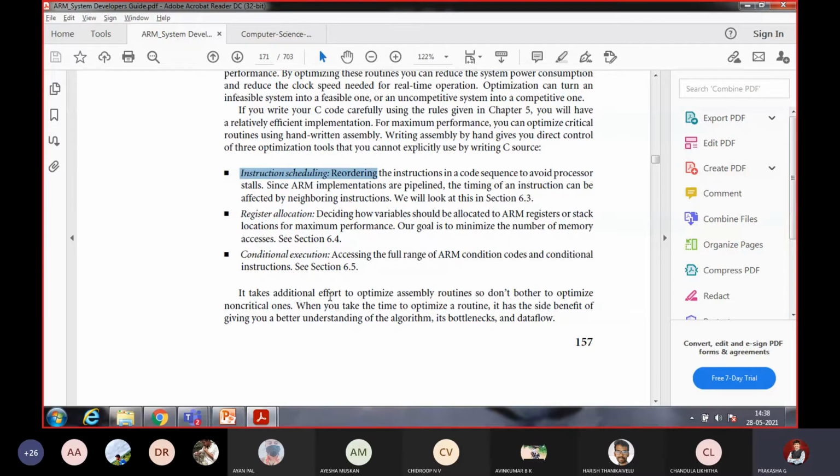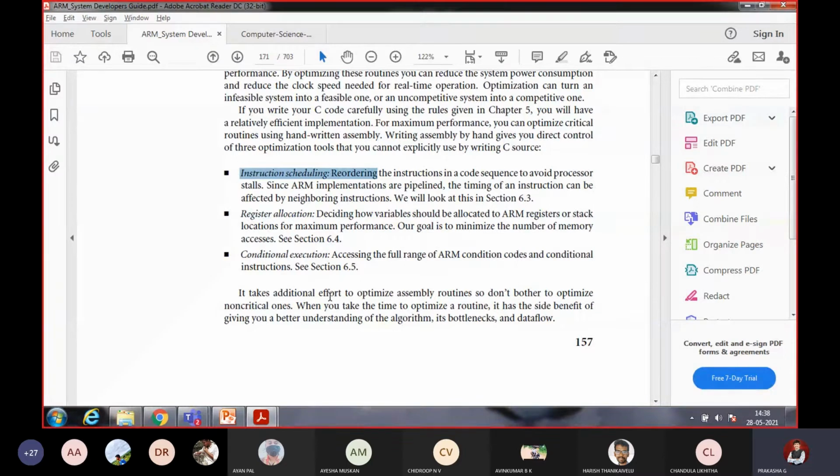So if you do conditional execution, it will be effective. It takes additional effort to optimize assembly routines, so don't bother to optimize non-critical ones. That is also very important. Non-critical operations should not be optimized. Only critical ones should be optimized.